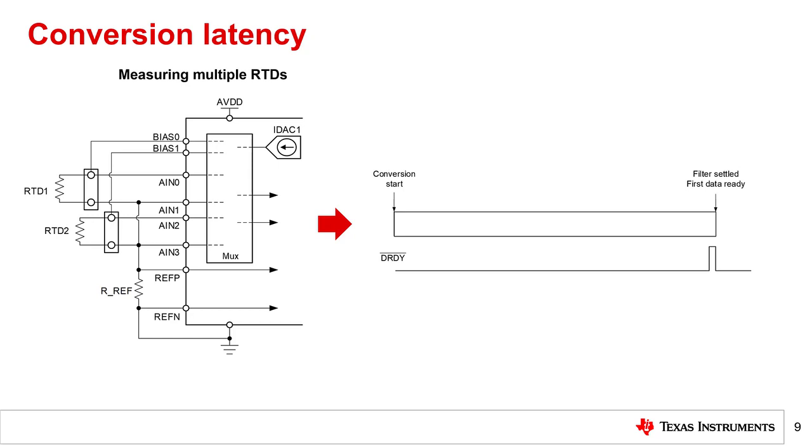All ADCs have some conversion latency, though this is typically more relevant for delta sigma ADCs because it can take significant time for data to propagate through the digital filter. Additionally, conversion latency is important in a multiplex system because each measurement is taken in series. Therefore, the longer the ADC conversion latency, the longer it takes to cycle through all RTD measurements.